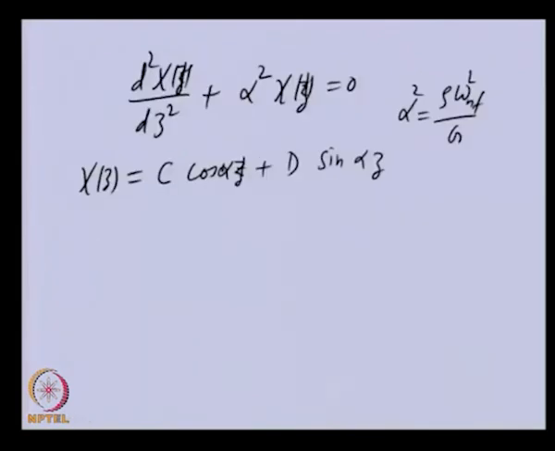So, let us see the first condition, that at z is equal to 0, the displacement is 0. So, we will get this as c into 1 plus d into 0. So, you can see that we are getting c is equal to 0 from the first boundary condition, the fixed end boundary condition. The second boundary condition we have is